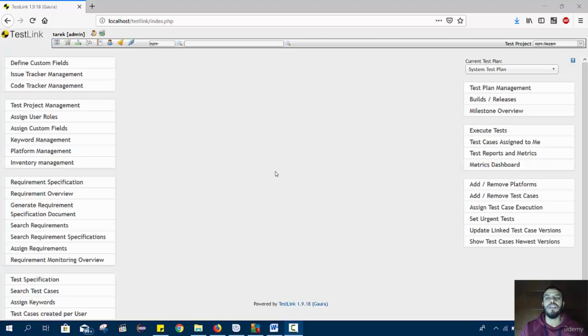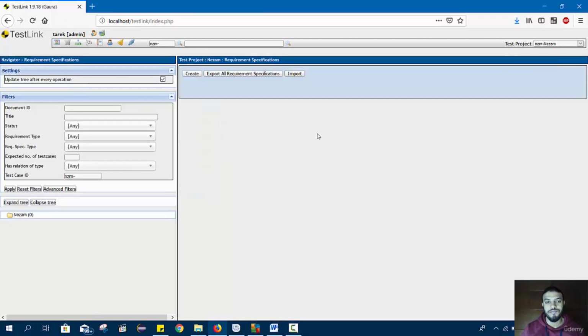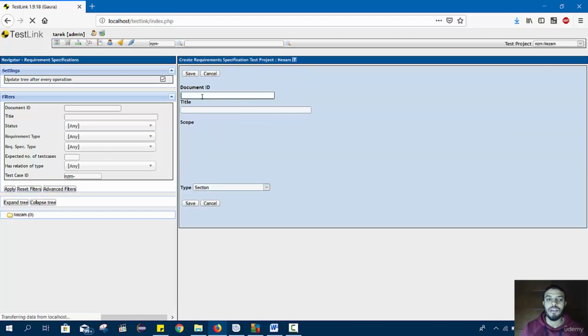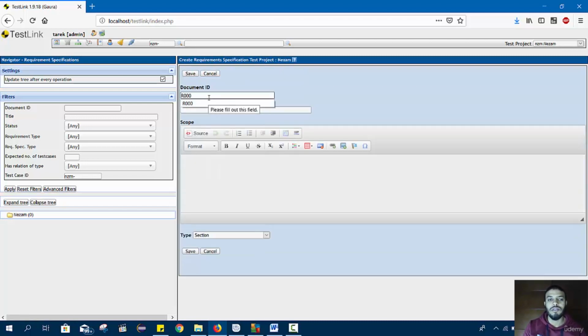Now we want to create our requirements and make traceability between the test cases and the requirements. So here in our project, we have requirement specification. We find test project nizam requirement specification, and we don't have any requirements. So let's create a requirement, document ID, for example, R001, the title, user requirements for the website, and we have